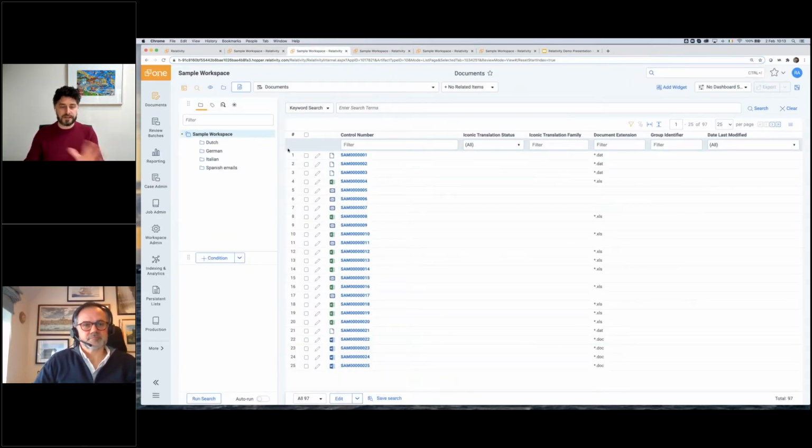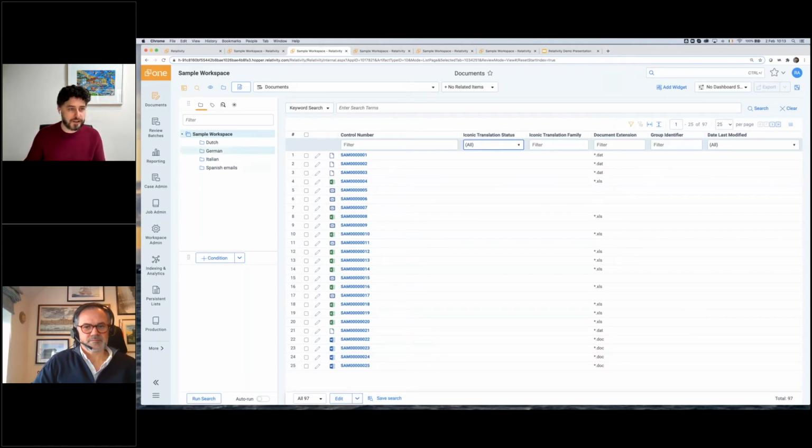So, well, I guess the first thing to show you here in the document viewer is that we create 2 new fields. We have an Iconic translation status and an Iconic translation family. The status might be obvious from what it suggests. It is the status of the translation of a particular document. If it's empty, these documents haven't been translated yet. This status could also be submitted, which means it's in the queue for translation; in progress, which means translation is actually running at that time; completed, which means the translation is done; and failed, which means translation was tried but wasn't successful for some reason. And the translation family, I'll come to shortly, is basically how we link translated native files to their original.